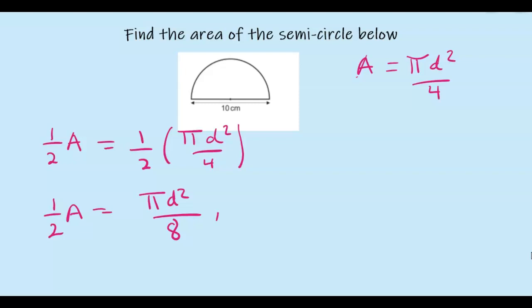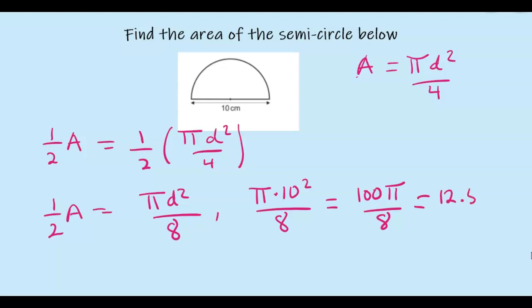We know the diameter to be 10, so pi times 10 squared all over 8. We get 100 pi over 8, which is 12.5 pi. If we want to go all the way down, we are taking pi to be 3.14. We multiply this by 3.14. That gives us 39.25